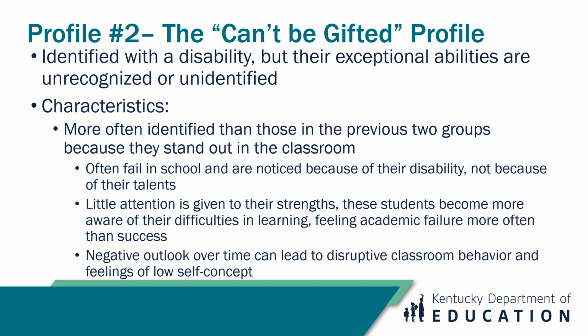The next profile, profile number 2, is the "can't be gifted" profile. In this profile, students just can't be gifted. In this example, the student's gifts and talents are overlooked due to the challenging nature of the disability. Without an emphasis on the student's strengths or talents, the student may fail in school or have poor self-esteem. Their behaviors can become increasingly negative in the classroom due to feelings of low self-esteem or lack of interest in